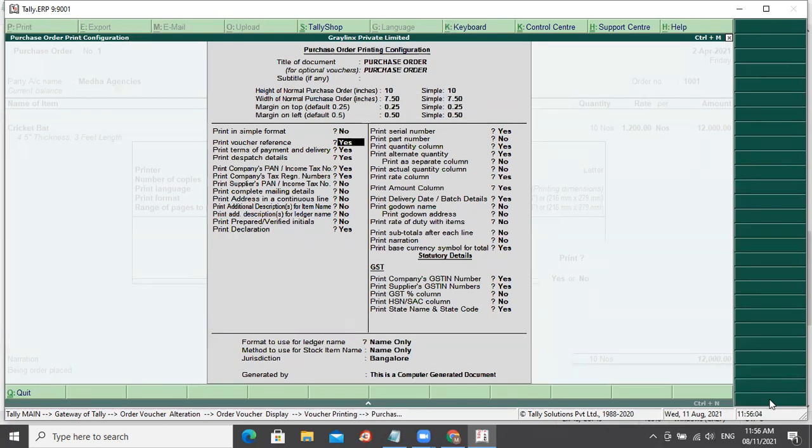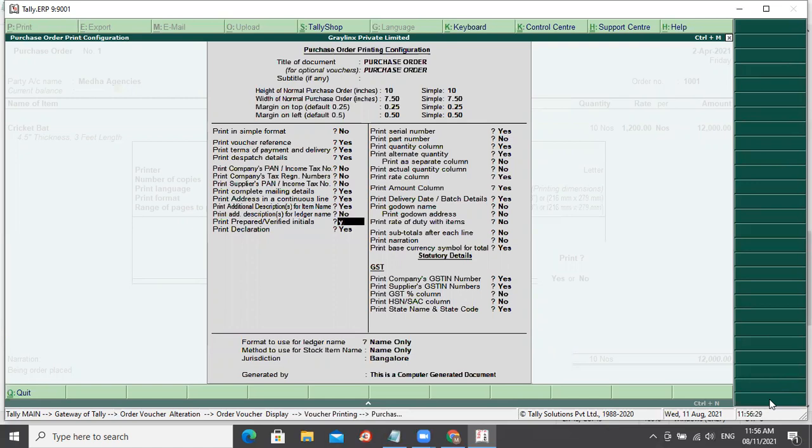For example, voucher reference number, terms of payment, dispatch details, PAN number. I don't need PAN number or tax registration numbers, not required. Here you get something called additional mailing details, address in continuous line, print additional descriptions for stock item, enable this.